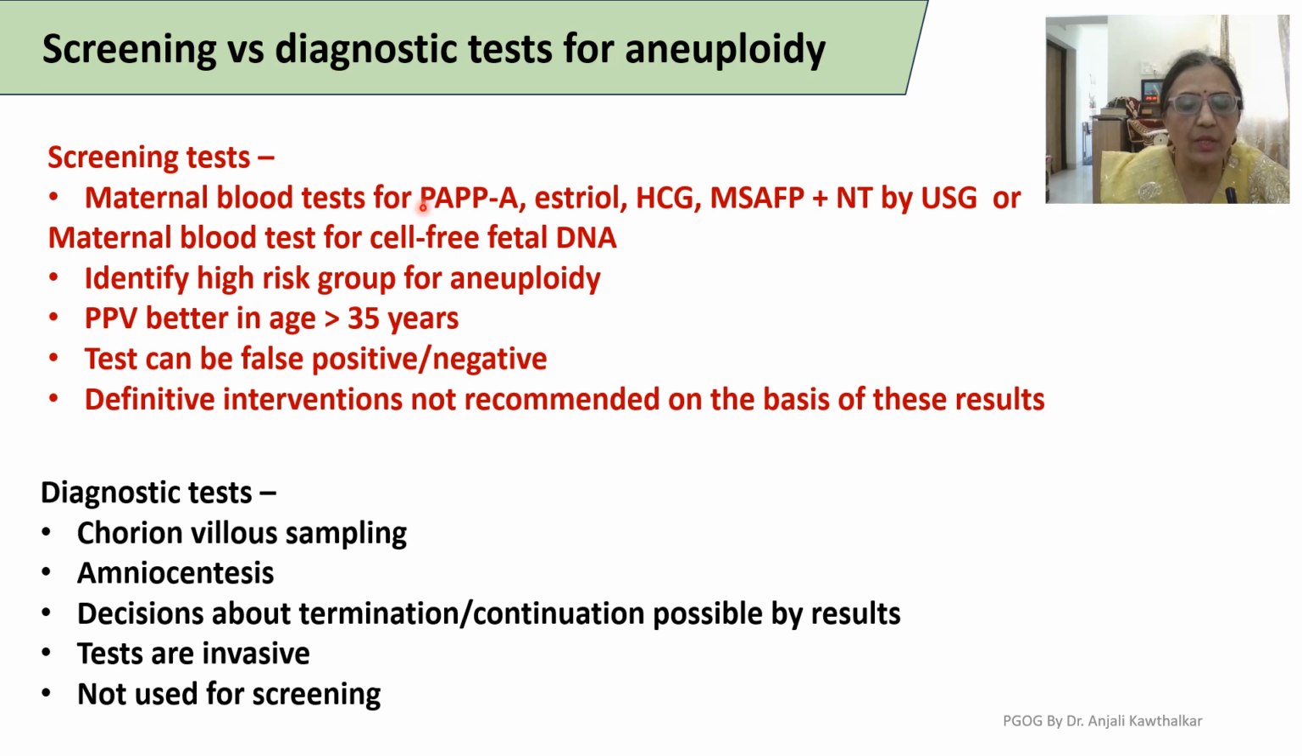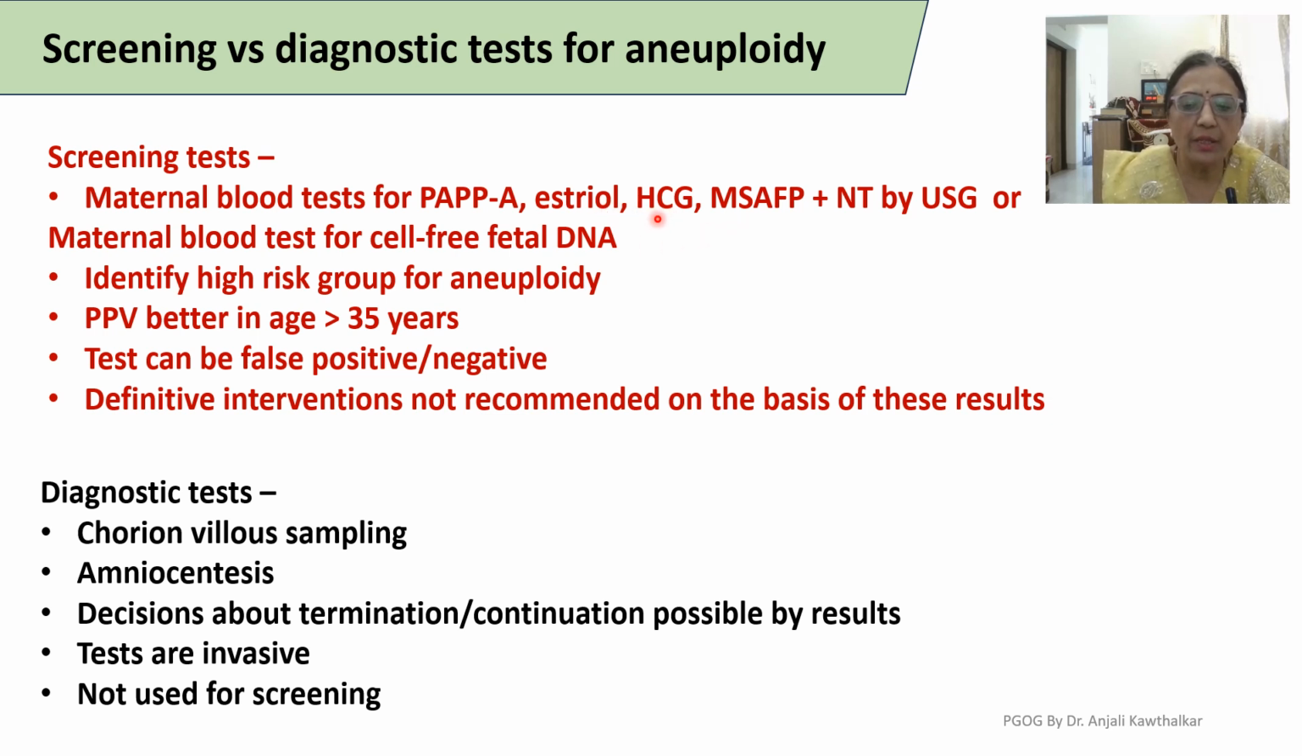Analyte testing is where there can be alpha fetoprotein also as one of the components, maternal serum alpha fetoprotein. So all these blood tests together are called analyte testing. An analyte, by definition, is a substance which has a chemical structure because of which we can measure its content in any medium. Here we are measuring the PAPPA level in the maternal blood, estriol level in maternal blood,